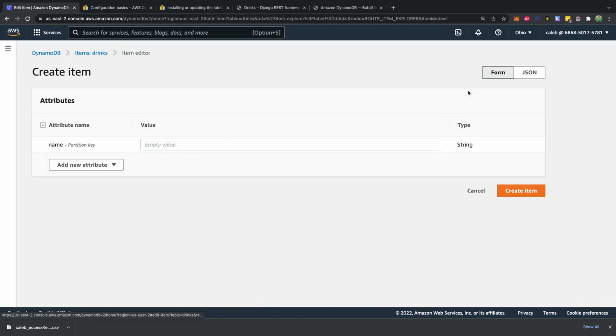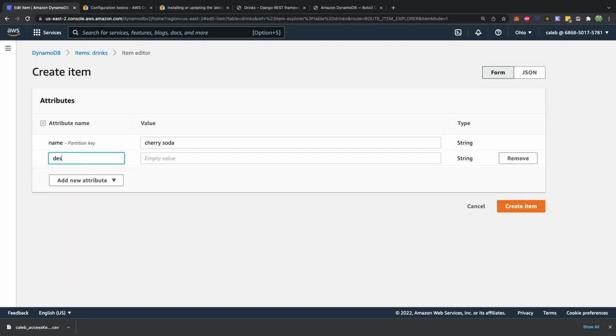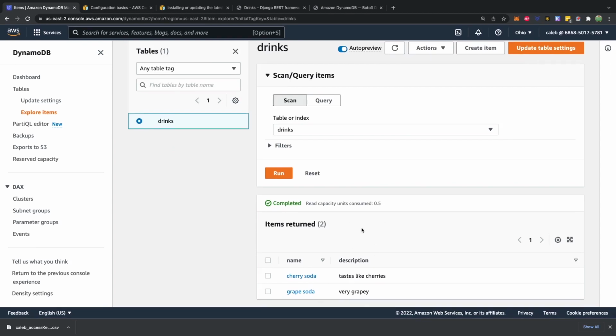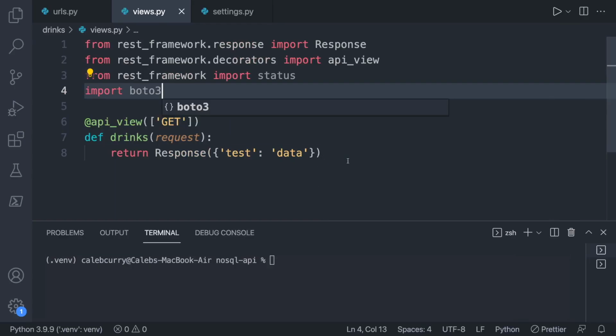Let's go ahead and create one more item here. This one's going to be cherry soda. We're going to have the same description here, but this one will be tastes like cherries. So far so good. We have 2 items in our database, and our goal is to access this information inside of Python. So heading back to our code,